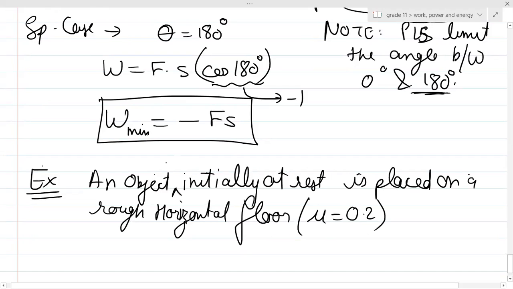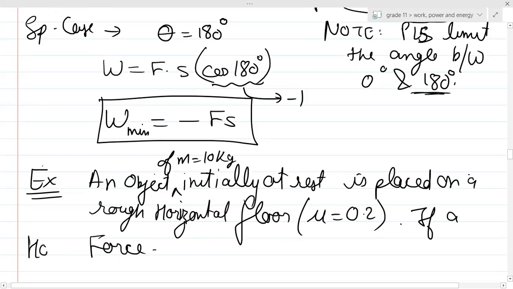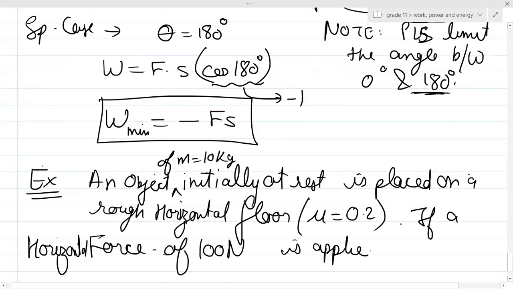An object of mass 10 kg initially at rest is placed on a horizontal floor. If a horizontal force of 100 Newton is applied on the object,